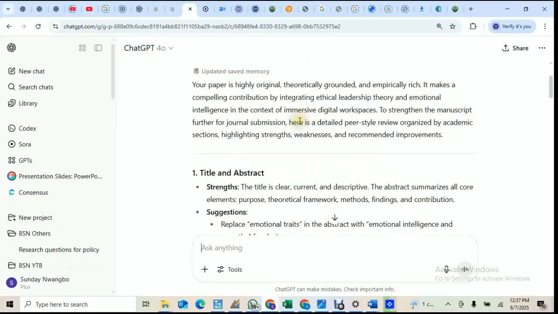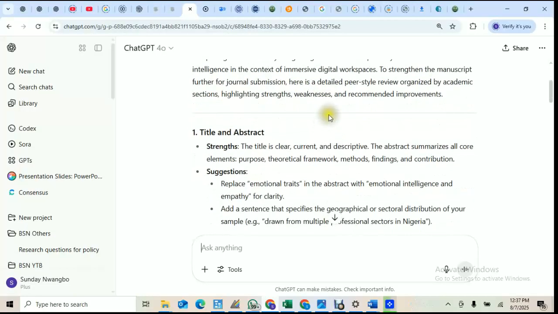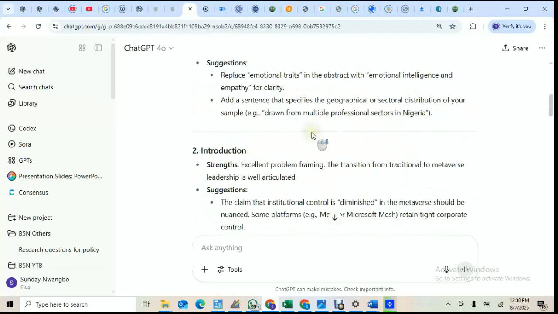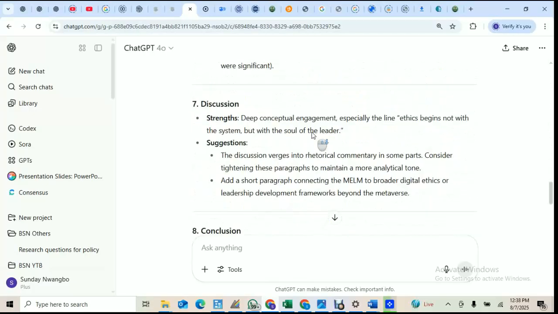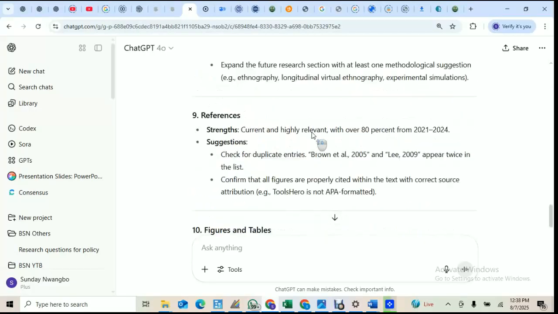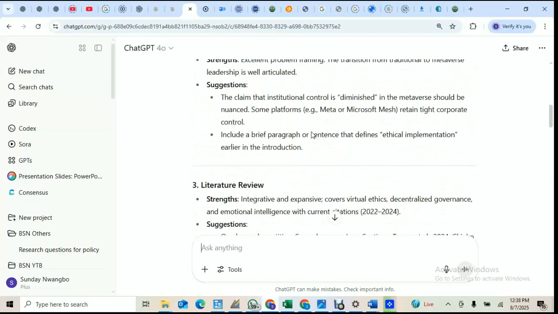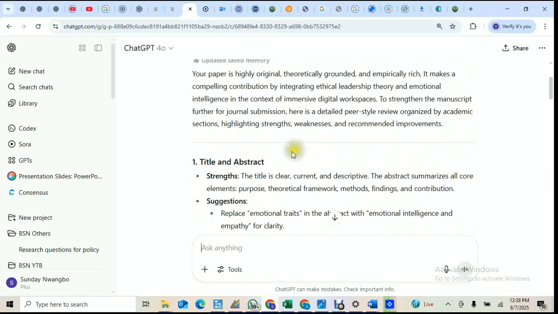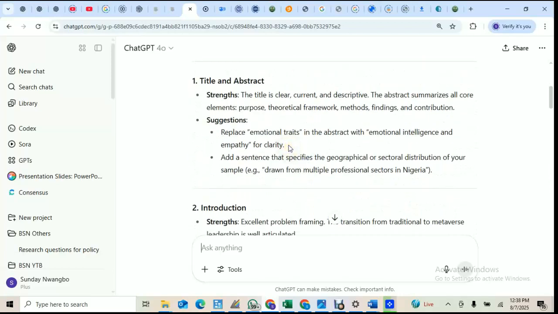Alright, so did you see that? Let's just proceed here and see the areas to improve upon, and then we're good to go. First, we are here at the abstract. The title is clear, coherent, and descriptive. The abstract summarizes all core elements: purpose, theoretical framework, methods, findings, and contribution. So it says